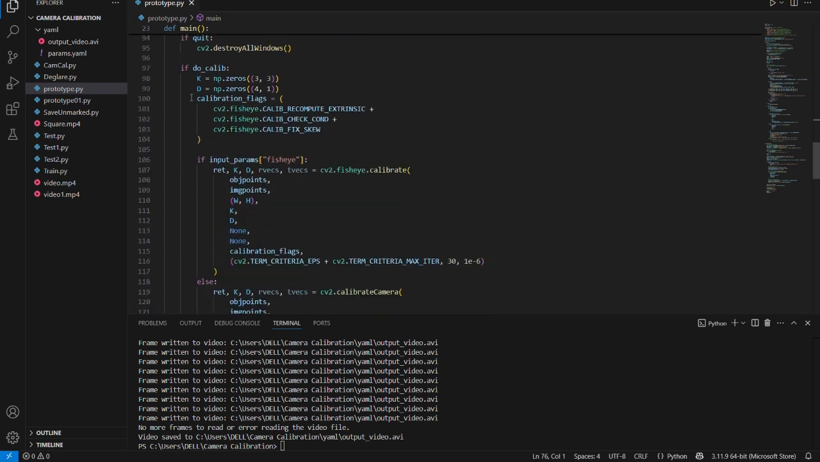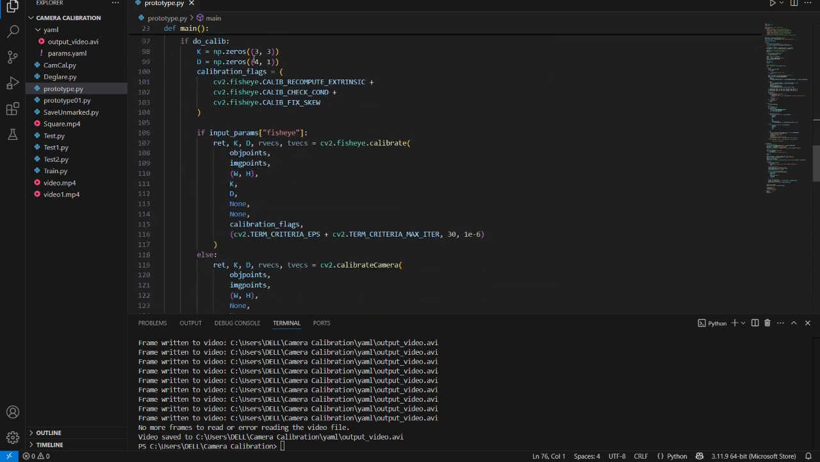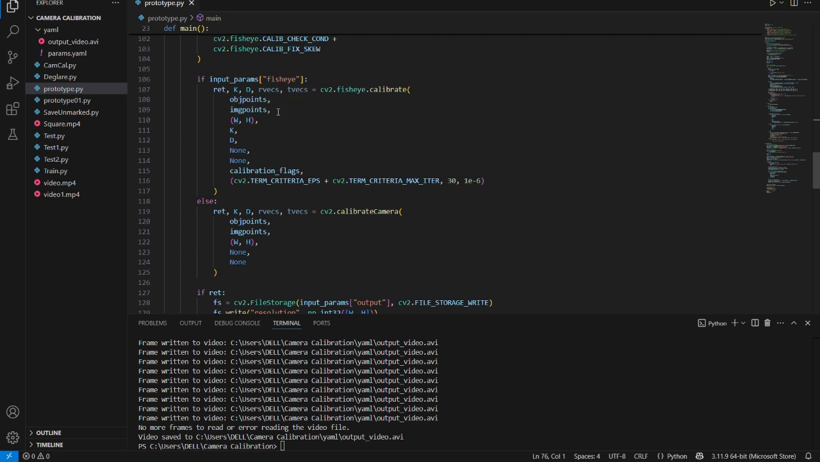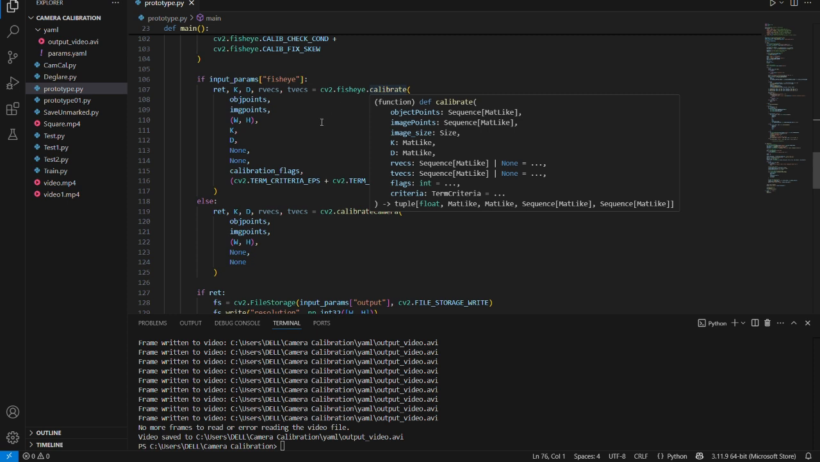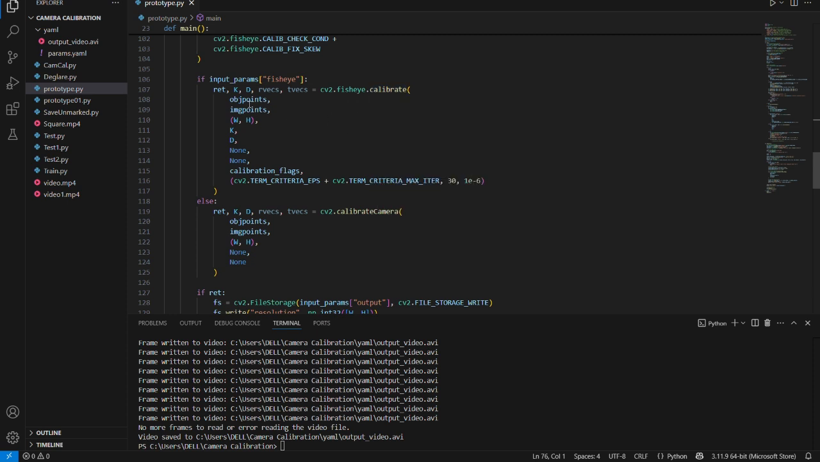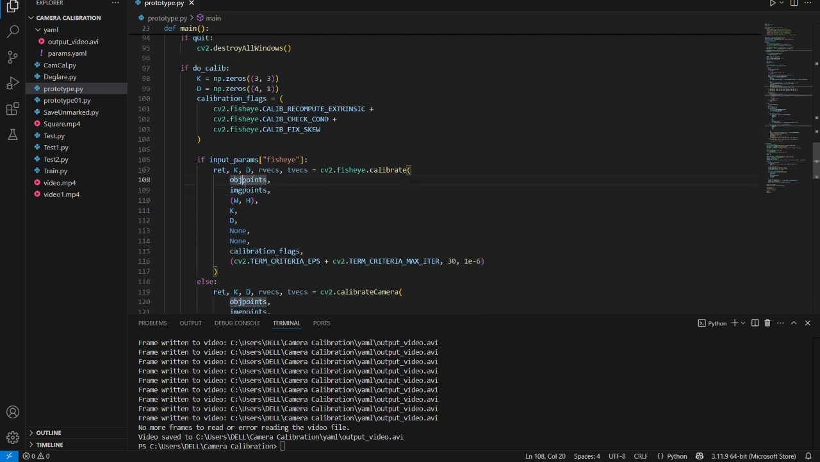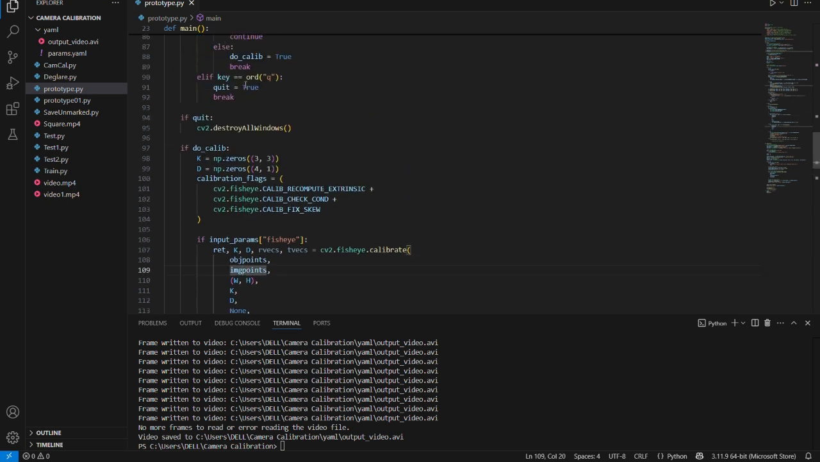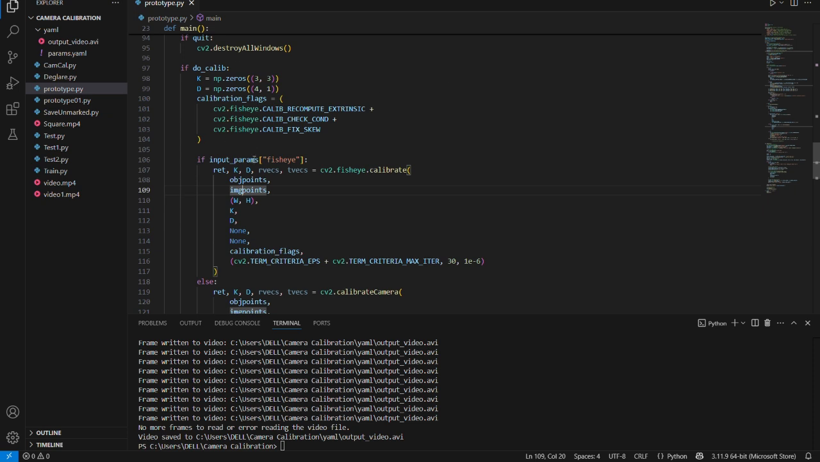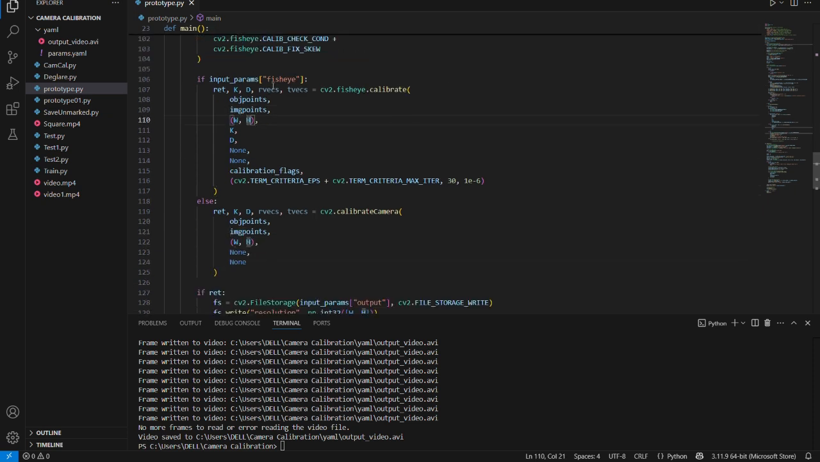Then we calculate K. We first define the K and D matrices. K is a 3 by 3 matrix and D is a 4 by 1 matrix, as I showed you, and we use the calibrate function in cv2.fisheye, to which we give the object points and image points. These object points and image points contain all the points from all the frames, and W and H, as defined earlier, are the width and height of the frame, and K and D are